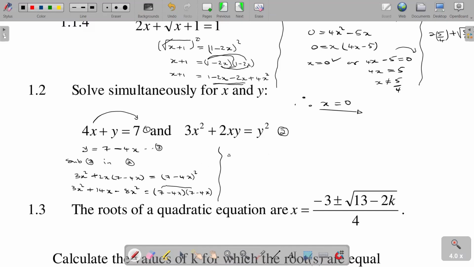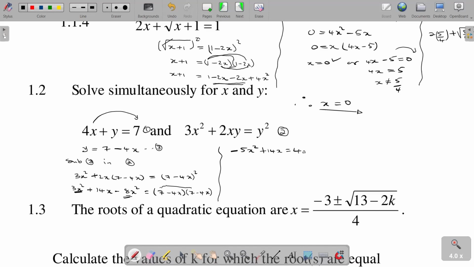So we are left with 3x squared minus 8x squared, which gives us minus 5x squared plus 14x being equated to